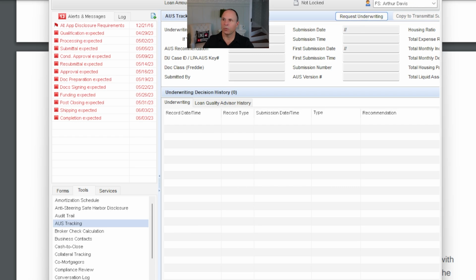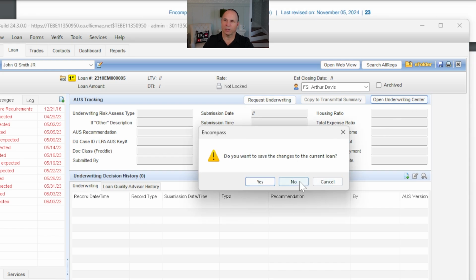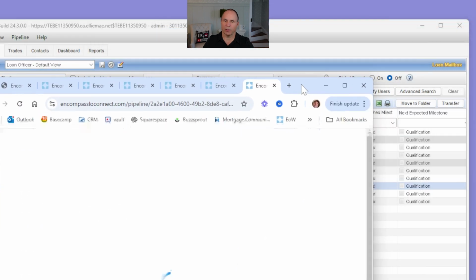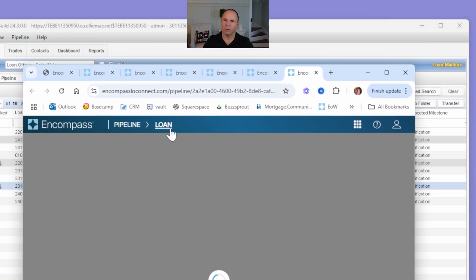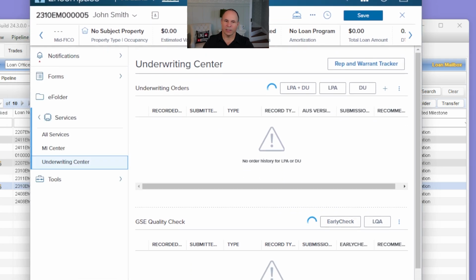What'll happen is you'll see Open Underwriting Center right here. Go ahead and click that button. It'll ask you if you want to save changes. I'm going to say no. And what that's going to do is spawn over in your browser the loan file that you're in, and it's going to open up your Underwriting Center in here.